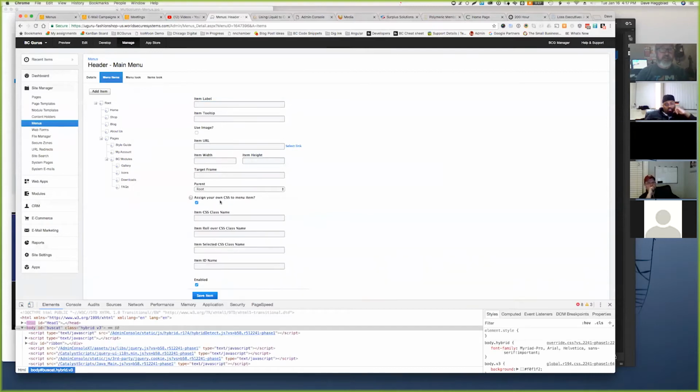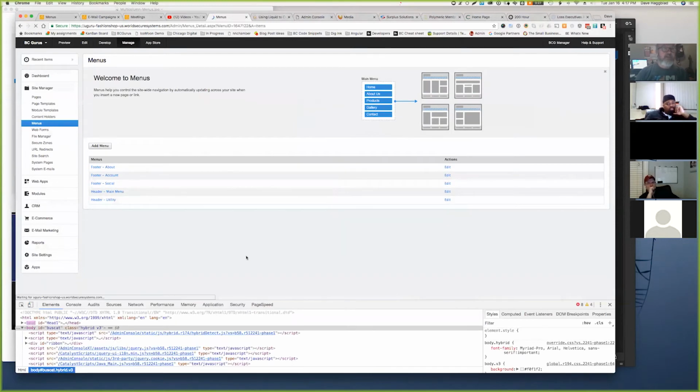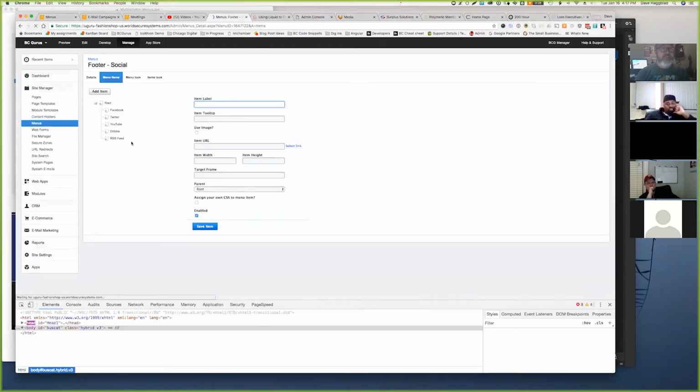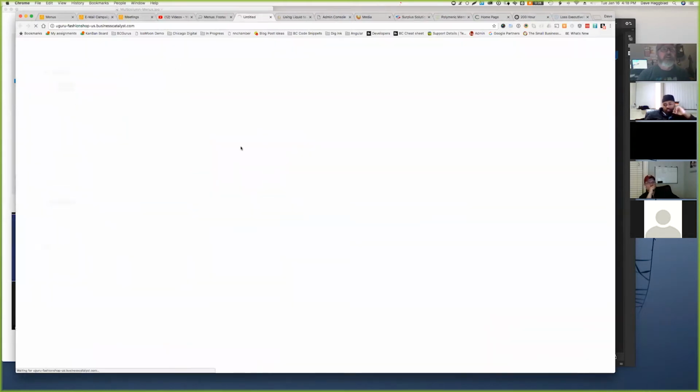So that's when you've clicked assign your own class and you enter your class in there, or your ID for that matter. Under normal conditions, that would go in the LI tag, not in the A tag. But in the case of social, this is a common practice, is I assign my own CSS, and in this case, we're using Font Awesome. So I throw the Font Awesome -Twitter in there, and that is how I get